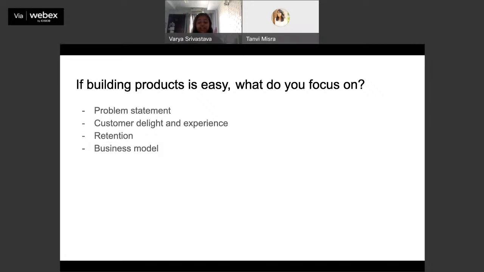And retention is something that not too many products focus on, but in my experience, it's probably the most important thing, because only when people come back to a product again and again do they also refer people. So think about it. Think about the products and apps you use and how you found out about it. Most people find out about products and apps not through paid marketing, but by friends telling each other.